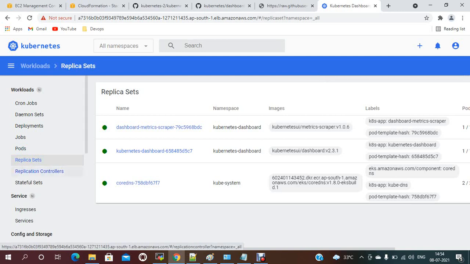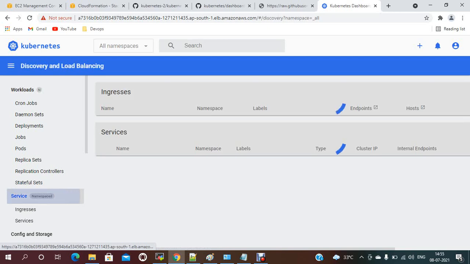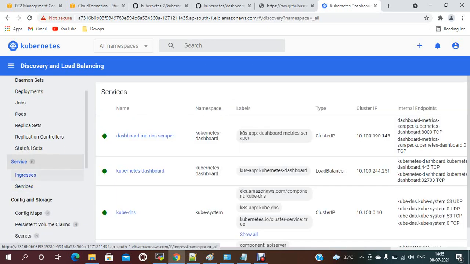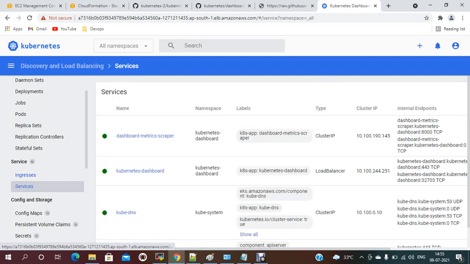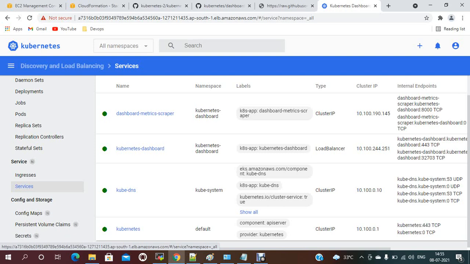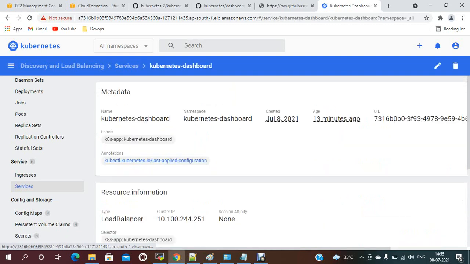replica sets, okay, replication controllers, stateful sets. Currently there are no stateful sets, and ingress, services. So here in services we have Kubernetes, kube-dns, Kubernetes dashboard, okay, and dashboard metric services.